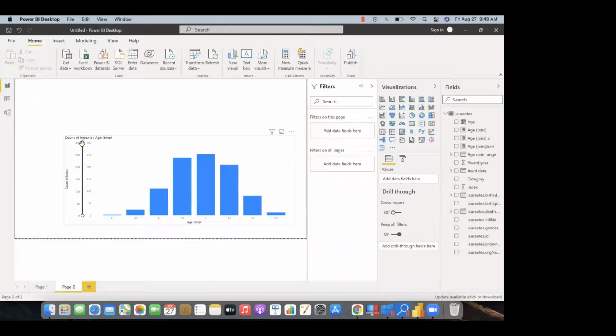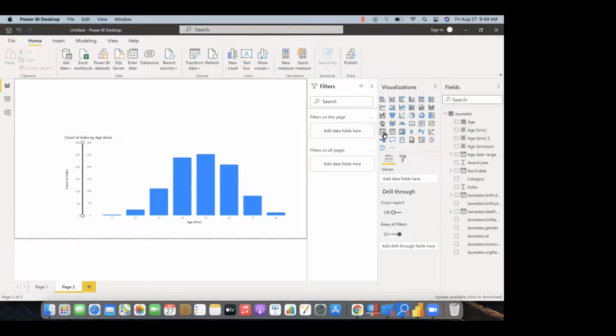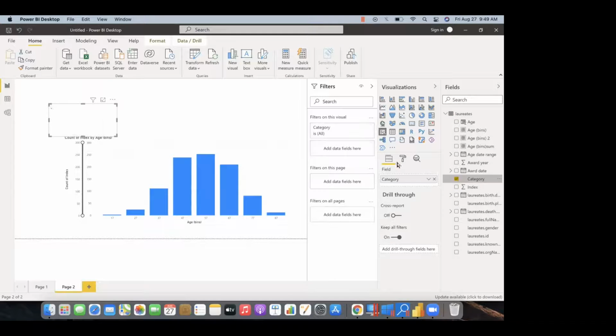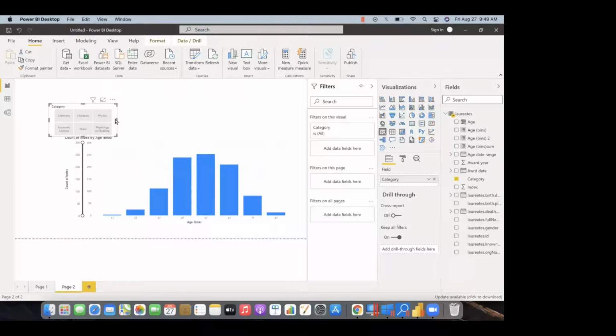So now you can just use the slider to perform the actions, and we'll add a filter also here for categories. So for various categories in the Nobel Prize, we have this filter, and we'll format this from vertical to horizontal. So it will give a nice button-like look.